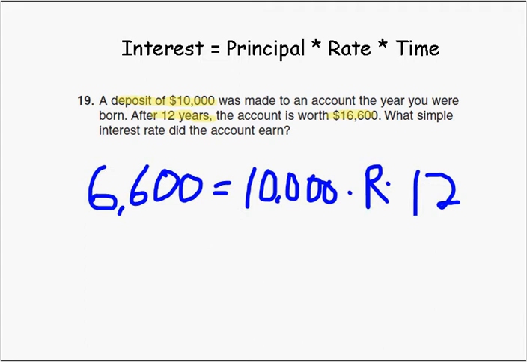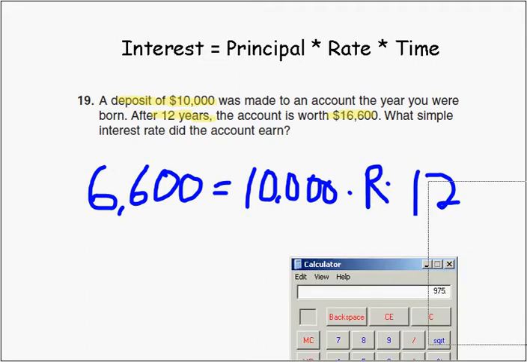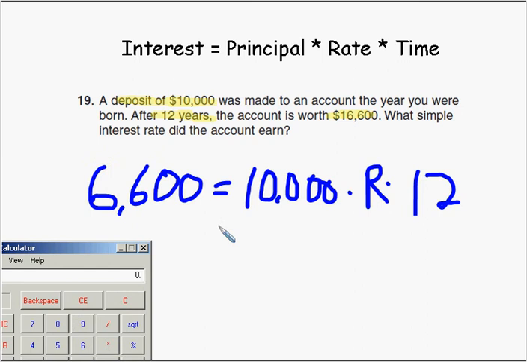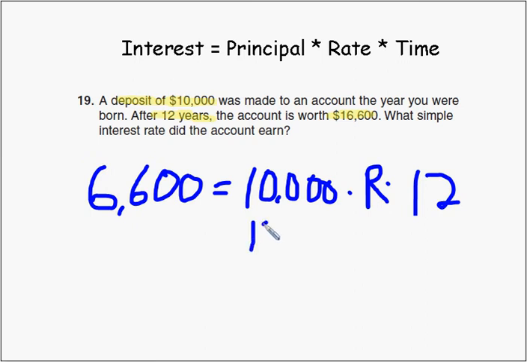Okay, so what I need to do is 12 times 10,000. So that's 12 with 4 zeros. So we got 120,000. 120,000. And times the rate. So we can multiply these in any order. So 120,000